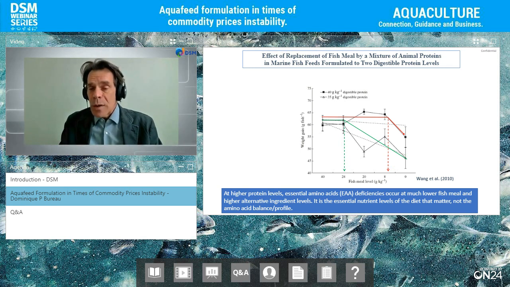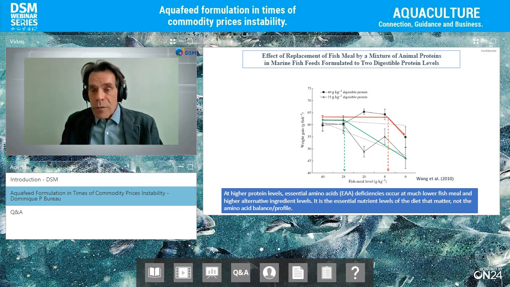The animal is able to accommodate itself with excess of certain amino acids, as long as you don't do something too crazy. Like if you use only feather meal, a very high level of poor quality feather meal, yeah, the performance is going to crash. But if you're using a decent mixture of ingredients to replace your fish meal, well, if you run into a problem with the formulation, just bump up your protein a little bit. Let the protein rise up. And I see this training feed formulators through a workshop, that people have restrictions, limitations. They will put a maximum on the protein they can formulate. And I say, no, if the program tells you you should be raising your protein by 5%, so be it. Just let it rise and see what it does.